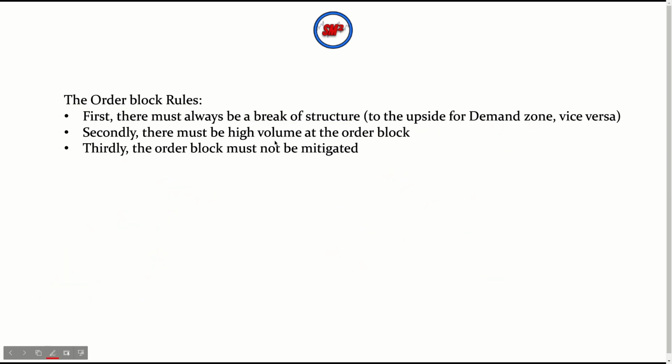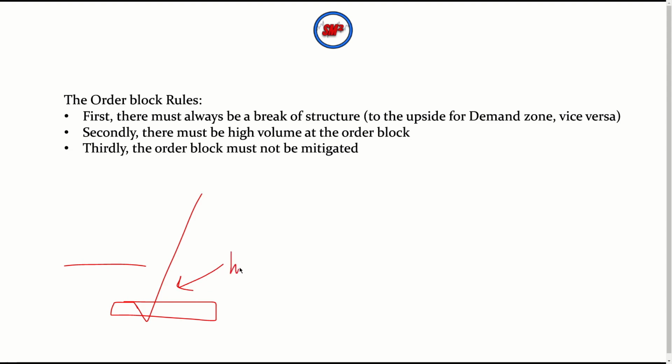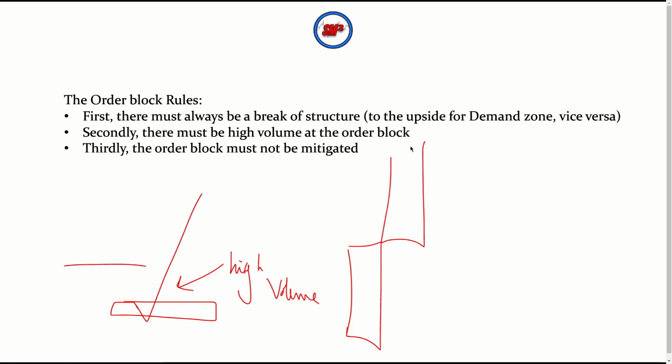Secondly, there must be high volume at the order block. Again, let me just draw that out for you guys. Right here for a demand zone, we've got the last down move before the up move, which broke structure to the upside. Right here, I want to see some high volume candles. You don't need to use any indicators or anything like that. It's just when you're seeing big blue candles, things like that, and price shooting up with such high volume,